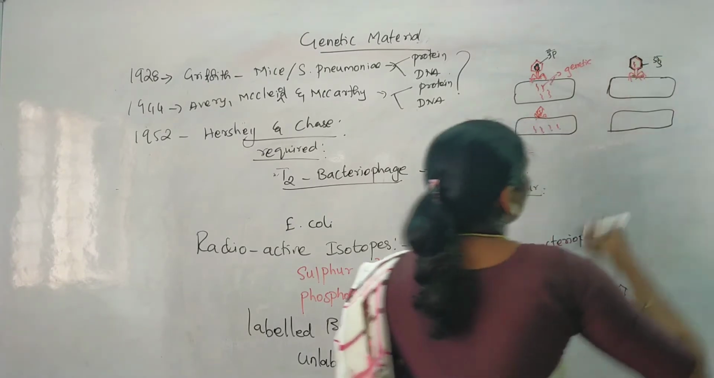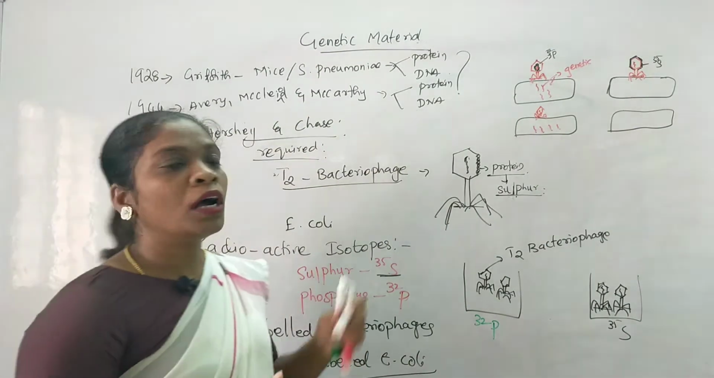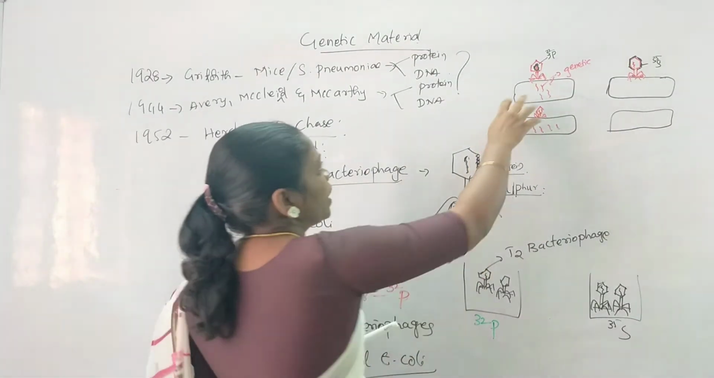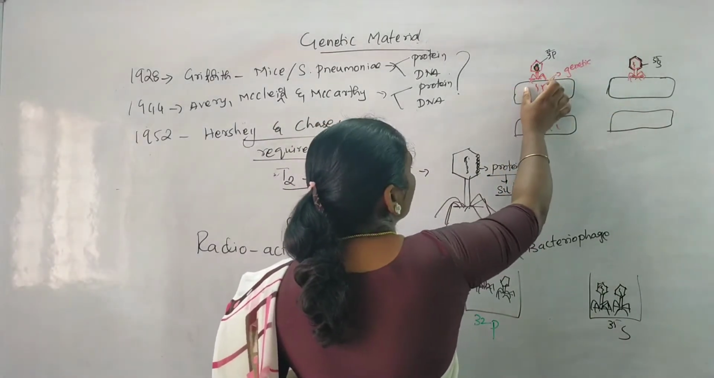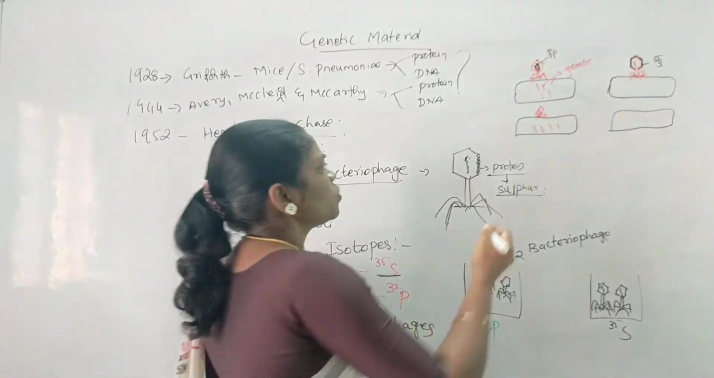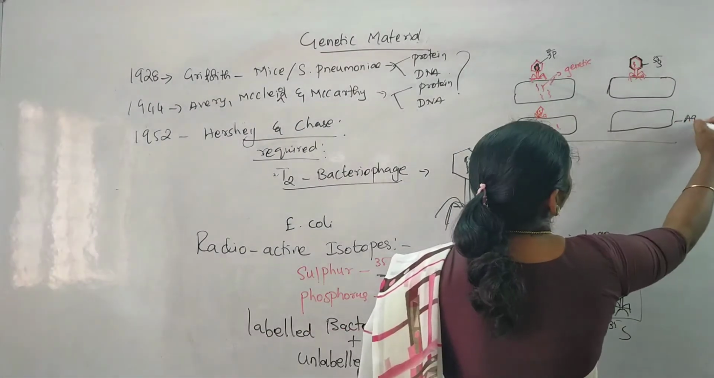Sulfur 35 was absorbed by the protein that is present on the coat of this T2 bacteriophage. So what has happened here, when they were made to infect this E. coli, they have injected genetic material inside the organism when they are simply agitated. So when they agitated these,